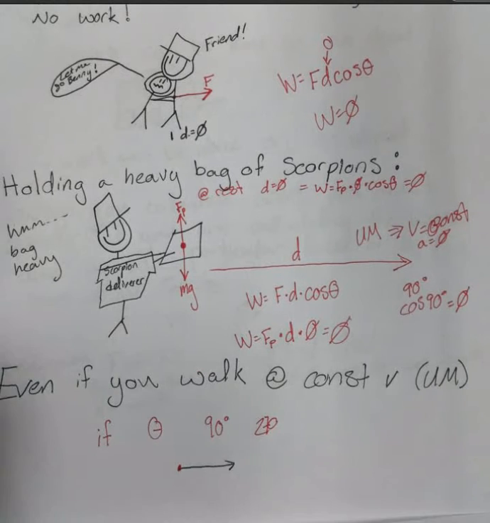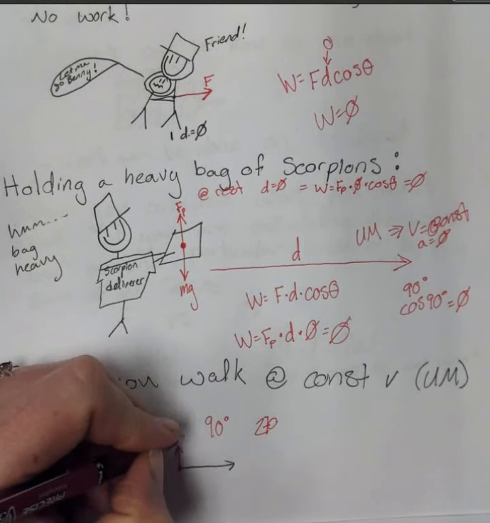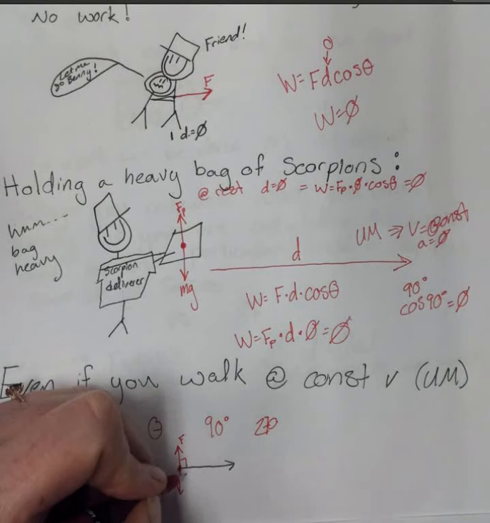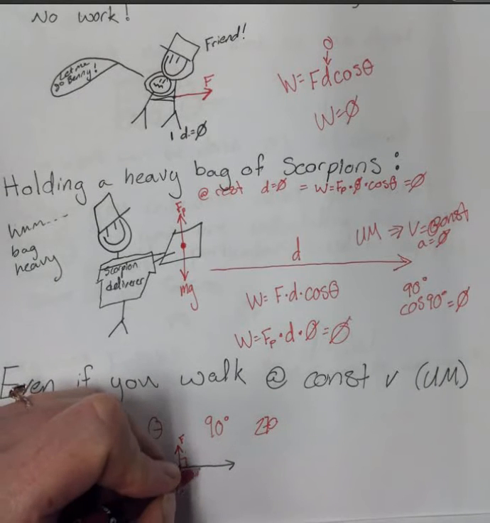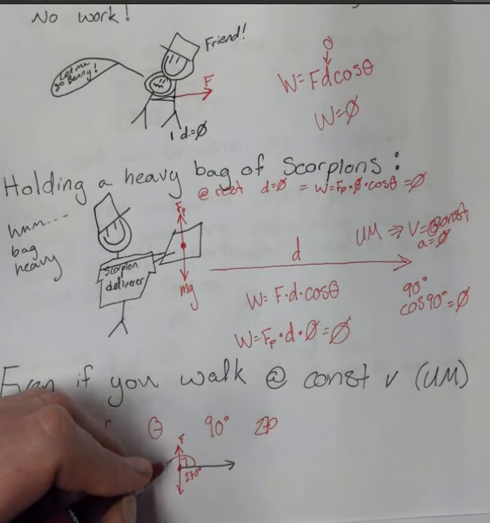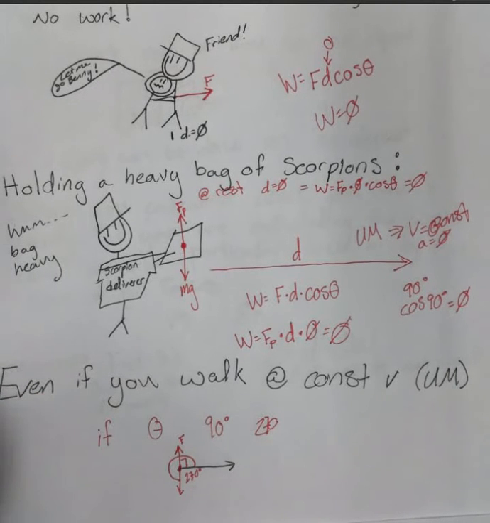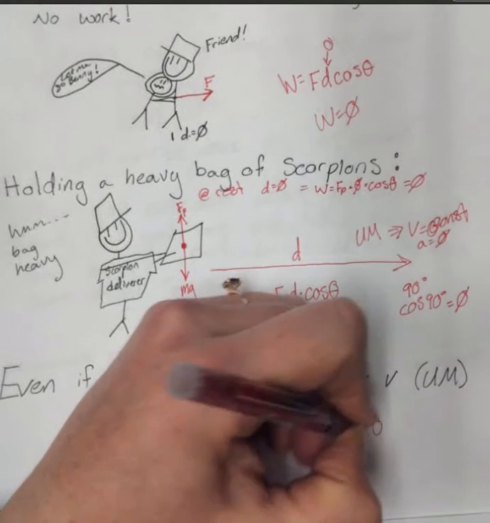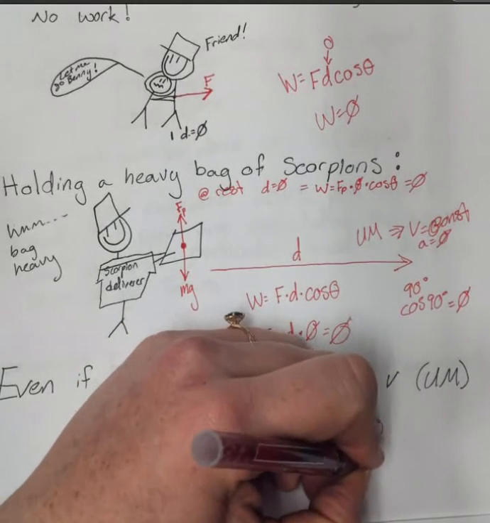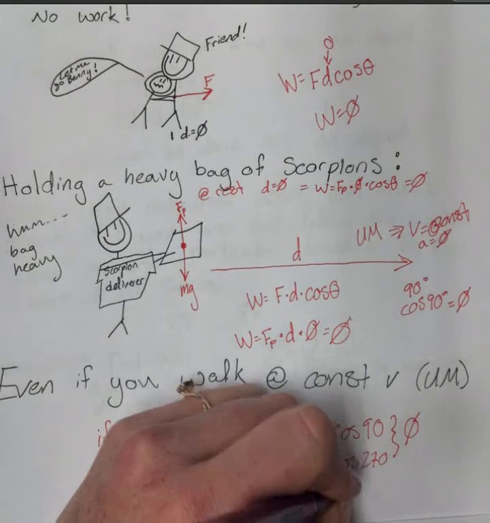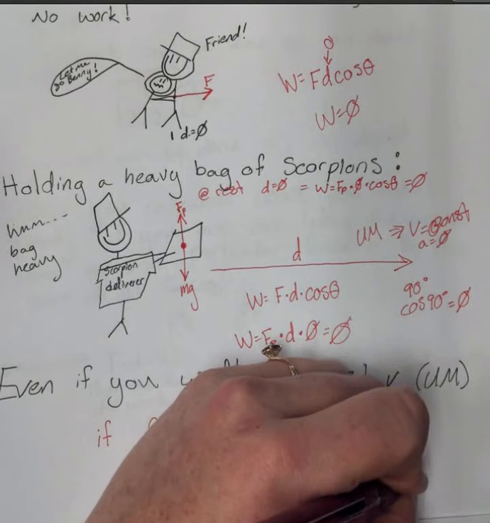A force directly up would be 90 degrees. A force directly down would be 270 degrees. You could also use negative 90 degrees, but 270 degrees would be that. In either of those cases, the cosine of 90 and the cosine of 270 both equal 0, and therefore no work is done,